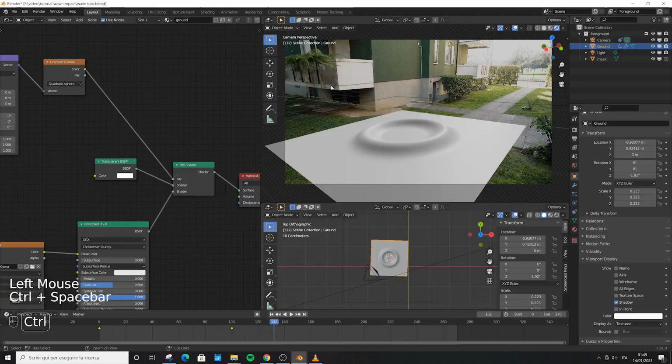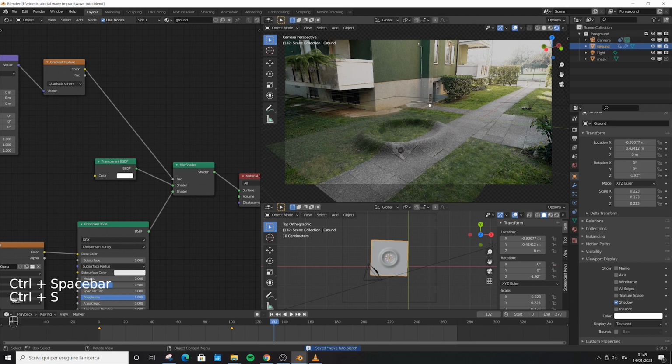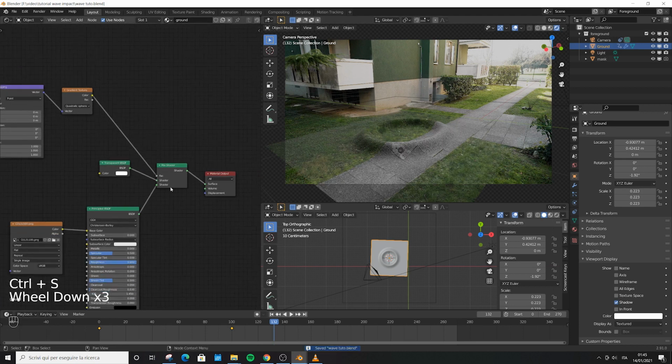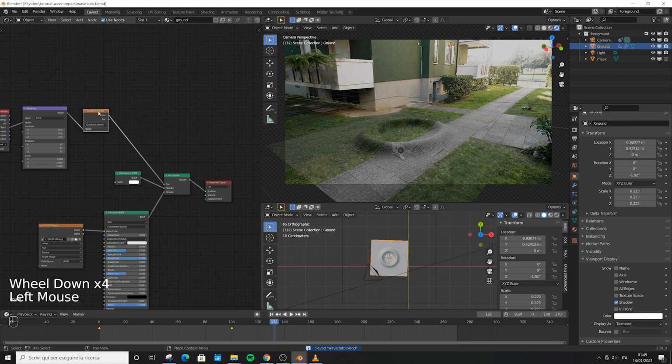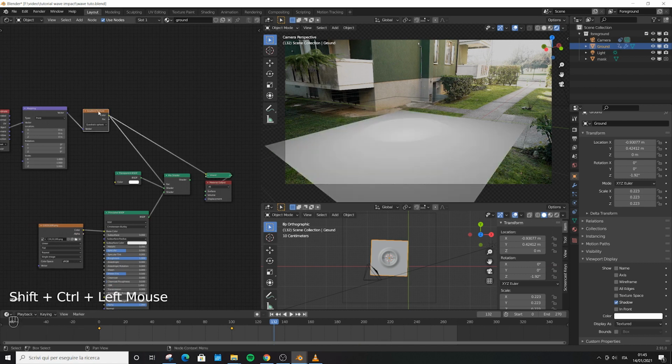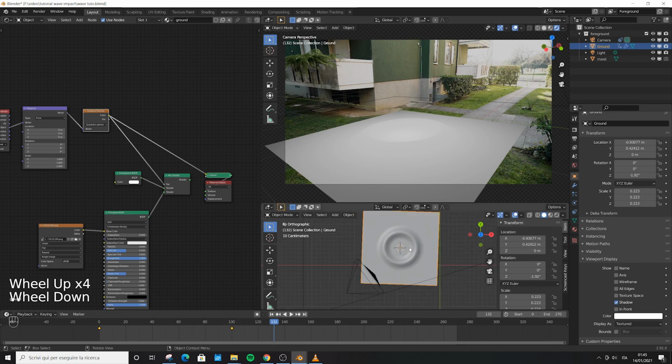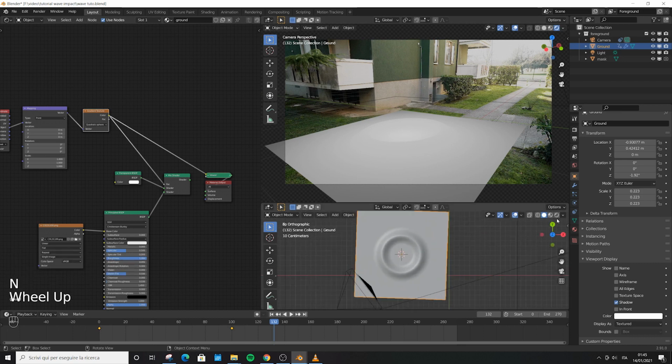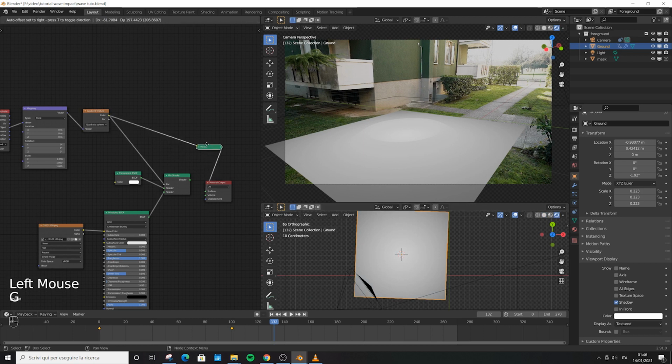Ctrl space, come here. We want to see what's going on with our mask, so we're gonna hold Ctrl Shift and click on gradient texture. Now, in this window you can see in real time what's going on with our mask only. Switch this to rendered. Cool. This is the viewer node. Whatever we do is showing us only the mask. When you want to see the render, you just Ctrl Shift on mix shader.